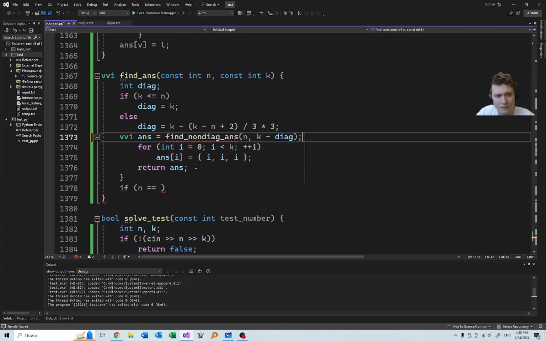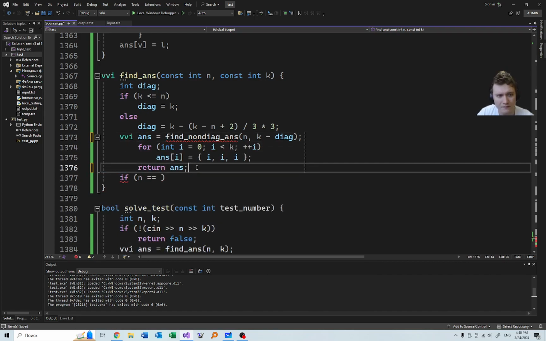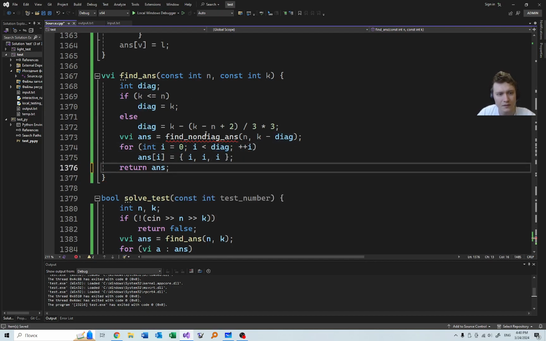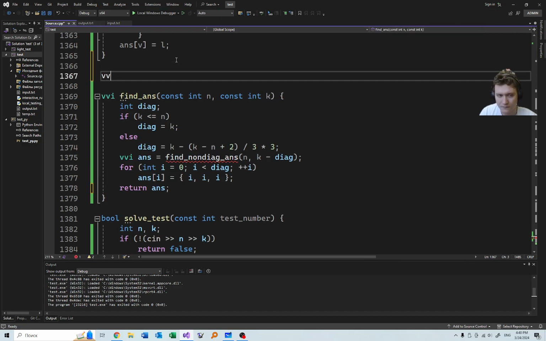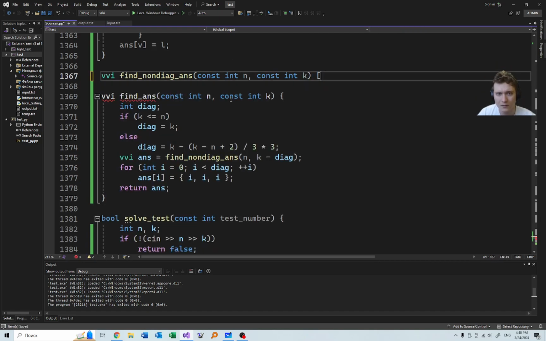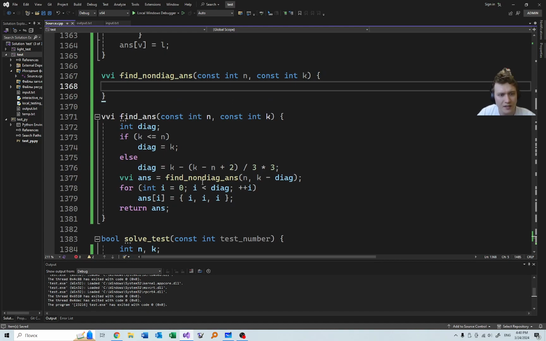Then we do this, and we return ans. Okay, now we have this task where we are not allowed to take I. Okay, in this task,